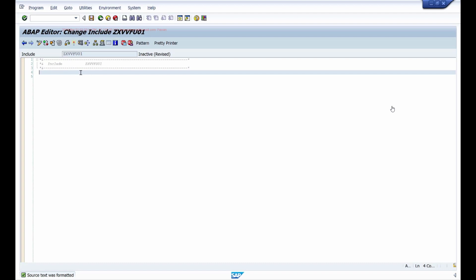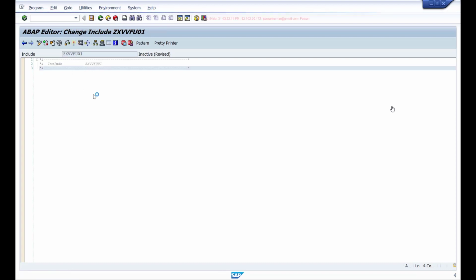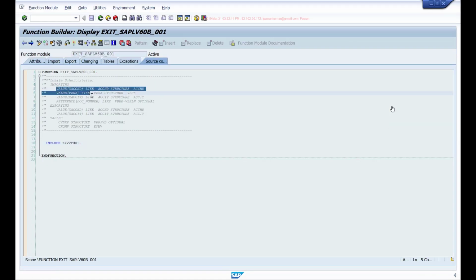Okay. So whatever code you write here, you can only access the data that is available from within this parameter interface. Okay. So as I said, since this is only giving us VBRK data, and if I want to do something, I can do it. In fact, if you see this, it is also passing me VBRP data. So I can use this to check the item level information and accordingly write my custom functionality.